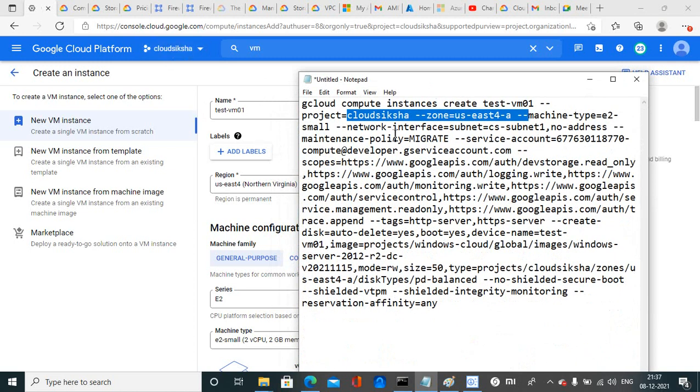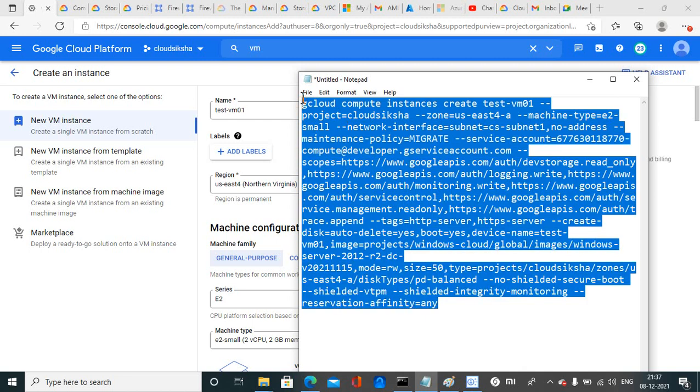This is my project, and the same configuration which I have provided here is a Windows machine 2012 DC and other things. So just copy this command,